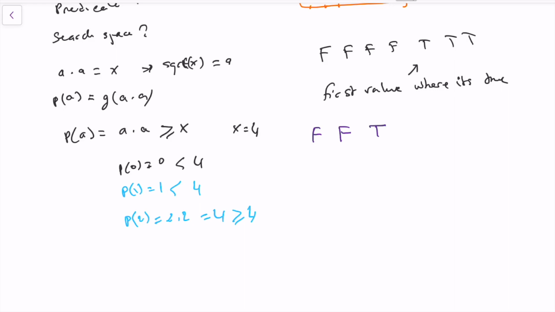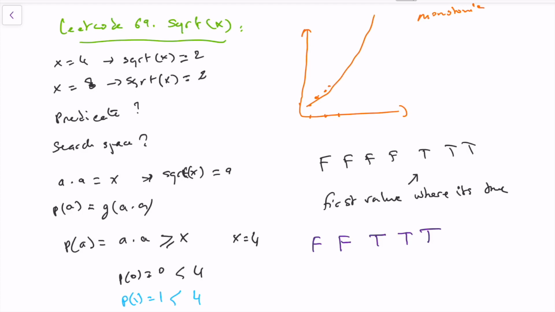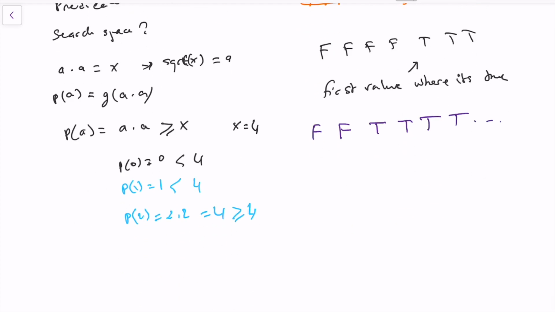And so you could see here, even for 3, it's 3 by 3, that's 9, that's bigger than 4, so from there it starts being true. For 4, that's 16, bigger than 4, true, and from there, because it's square root, because it's growing, we will have only true values. And for all values, even so here the range, the problem says it's a non-negative integer,